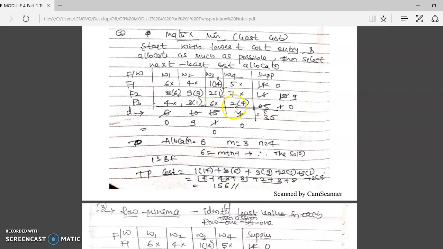Next least element is 2. In this 2, supply is 5, required is 4. So give 4 here, then this becomes 1, this becomes 0, and this becomes 0. Cross the remaining elements which were not crossed earlier. Then the next least element is 3. In 3, supply is 1, required is 10. So I can give only 1. Give 1, this becomes 0, and out of 10, if I give 1, it becomes 9.